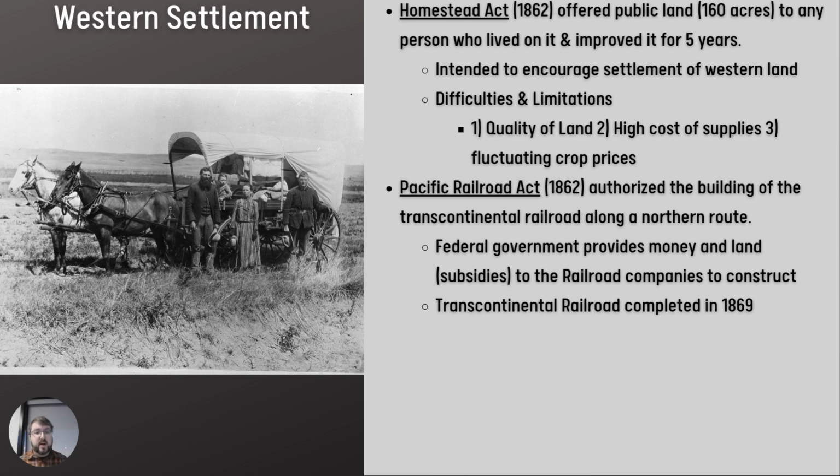So the Pacific Railroad Act of 1862, it authorized government funding for this railroad. And the reason why they needed the government to fund this railroad is one, the Constitution says Congress has the right to regulate interstate commerce. But most importantly, there's no profit to be had because there's no settlements. How are you going to make money? You're building a railroad to nowhere. All right. But in building that railroad to nowhere, all along that railroad, there will be people moving and therefore be profit in the long term, but not the short term.